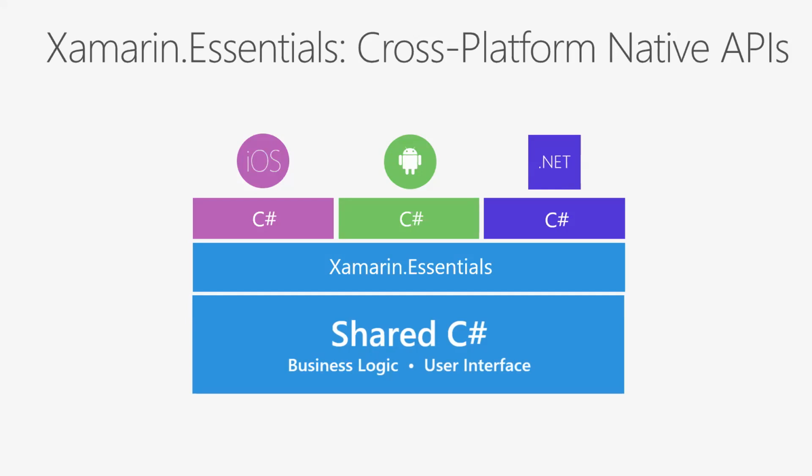And then you still have the ability to go into those individual C#. So this iOS project, this Android project, this .NET project, you can go in there anytime and do even further native things. So if there's something you need in Xamarin.Essentials, maybe it's a specific Android feature, you can go and implement that in your Android project in C#. You never actually have to leave your solution at all, but you have that access even when you share most of it. And then there's the other part of this, which is user interface.